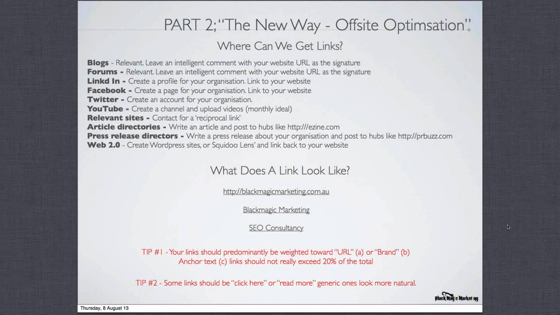Article directories. Write an article and post it to hubs like ezine.com. Very powerful. And there's an extra backslash there after the HTTP I've just seen there. So it's http two backslashes ezine.com, not three. Ezine is free to sign up to for a certain amount of articles, I believe.